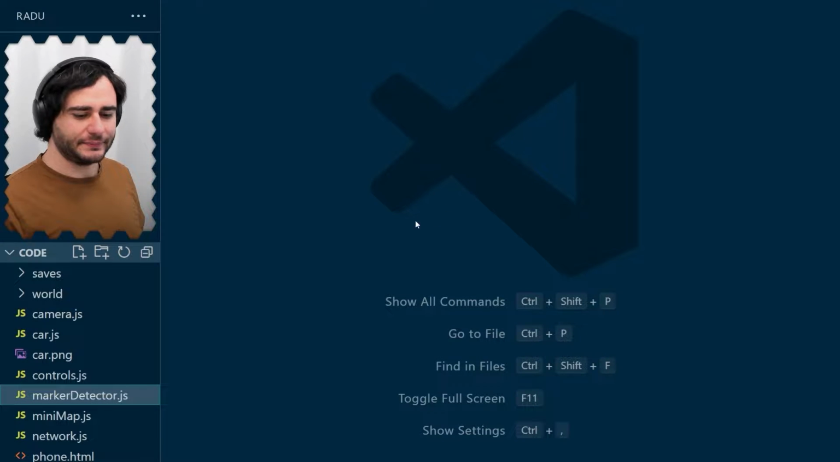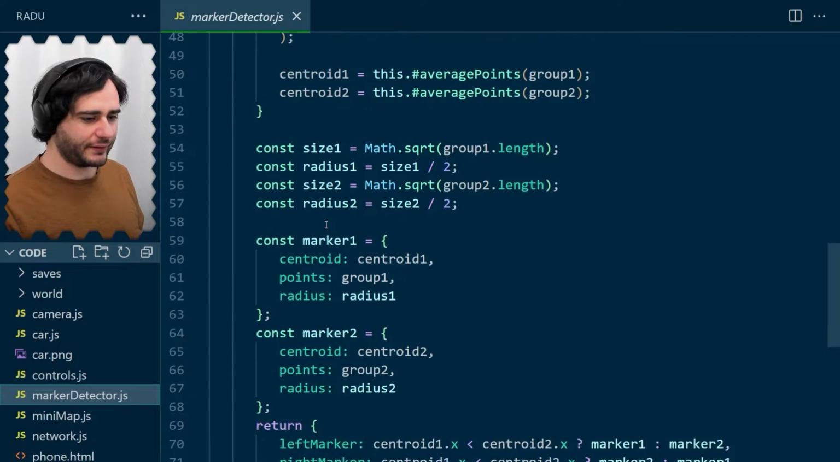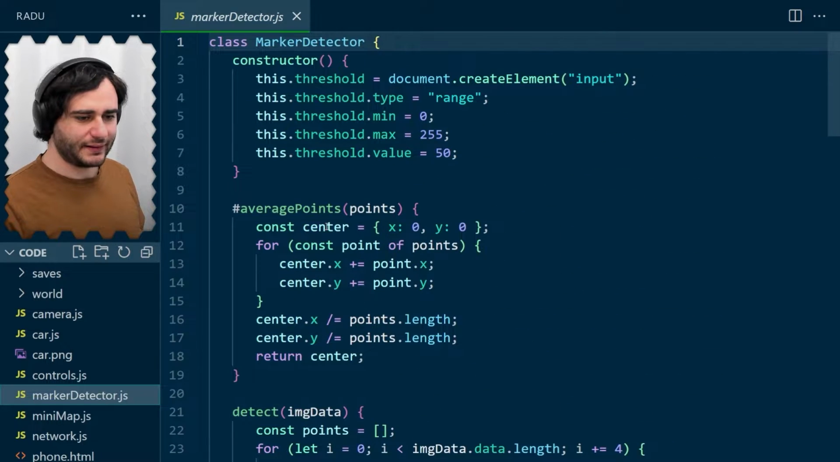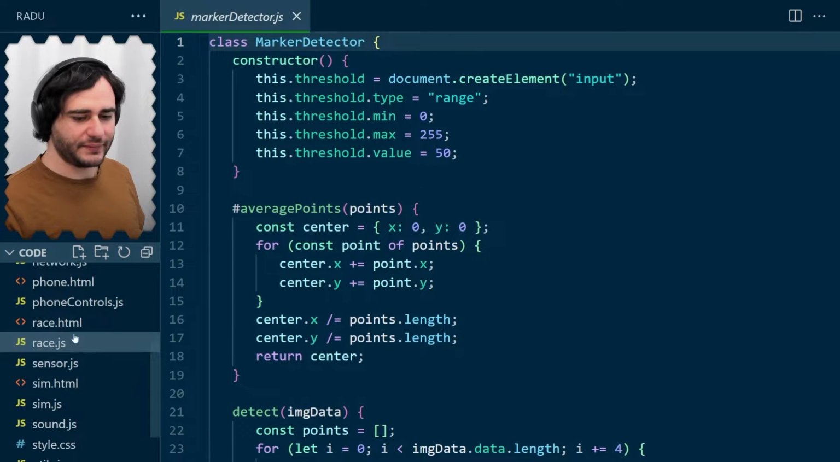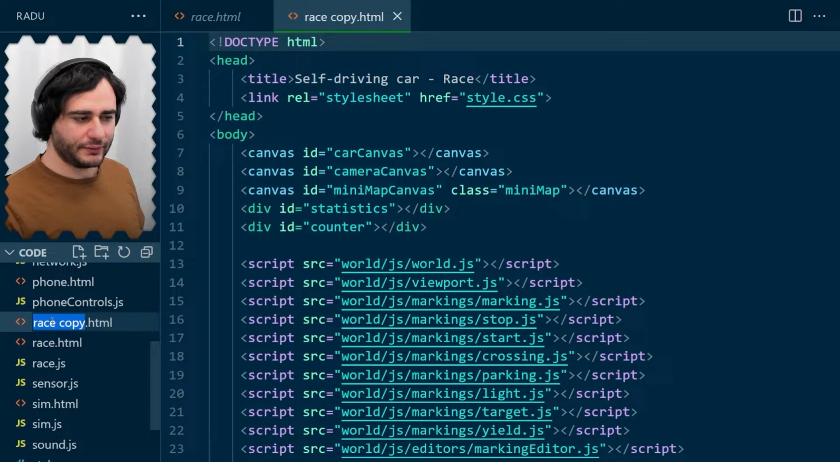I've added the marker detector we implemented last time in the self-driving car racing game. And to control the car using the markers, we are going to need to implement the camera input. Now, I'm going to make a new version of the game for that control. Let's copy race HTML and rename it to camera HTML, so that we still have the way to control with the keys, and we also have that phone control